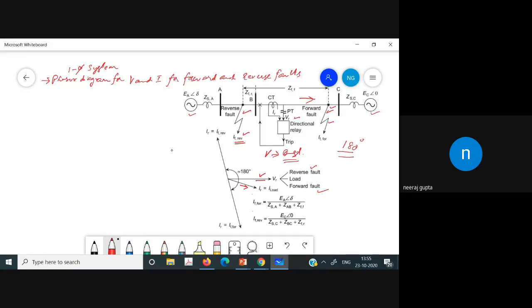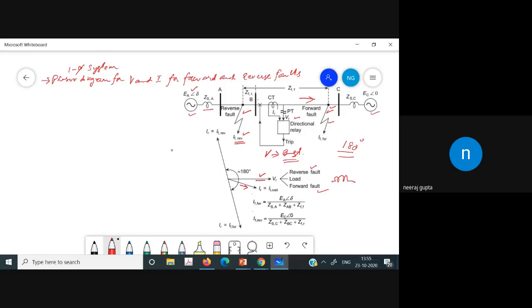However, the current it will see, let us suppose we assume a highly inductive circuit, so the fault current will lag, and the fault current is given by, if the forward fault is there, EA divided by this plus the impedance BC, B to C up to this point,